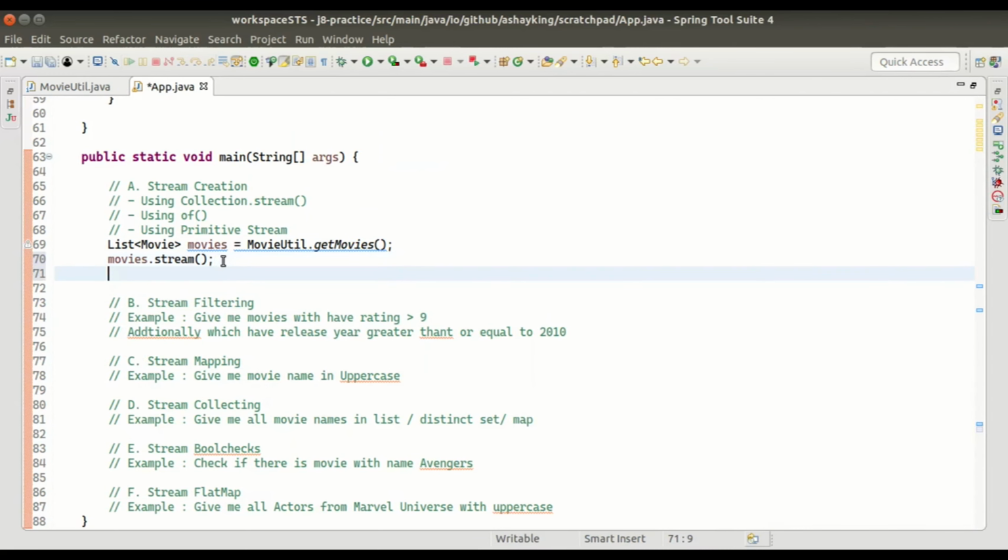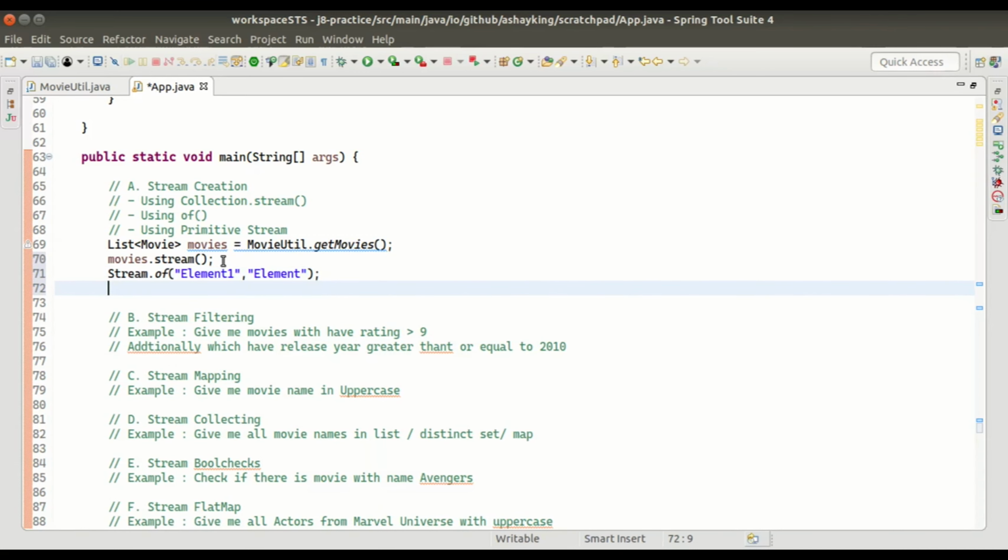Now, there are normally use cases where I know what elements I want to process. So rather than first creating a collection of those known elements and then creating a stream over that, we can take leverage of the of method present in Stream. So let's say I have known elements, element 1 and element 2. Rather than creating a collection first, I just use the Stream.of method to create the stream from these elements.